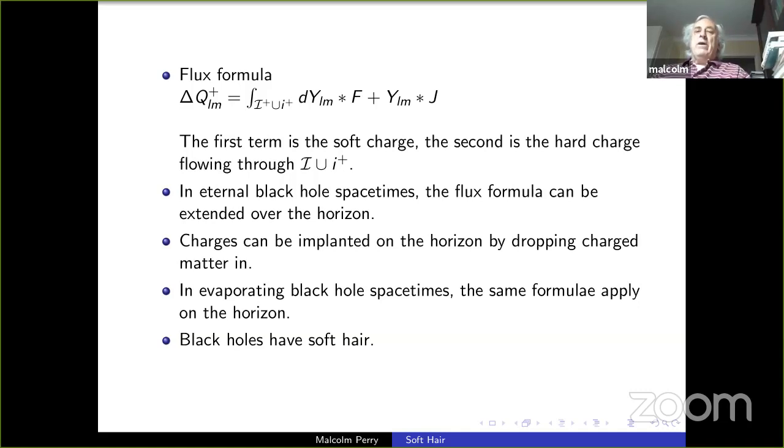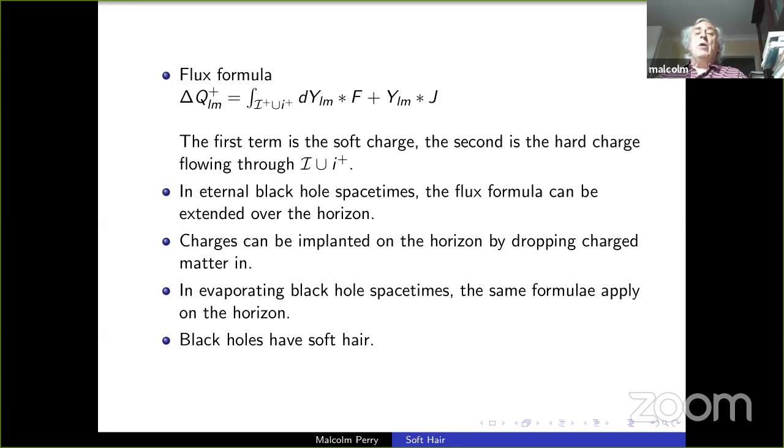So you have an idea of how the charges evolve as you move in space-time. As you move up and down scri plus, it's possible for charge to enter the space-time or leave the space-time, and the flux formula tells you how that is happening. If you think about an eternal black hole space-time, the flux formula tells you how things